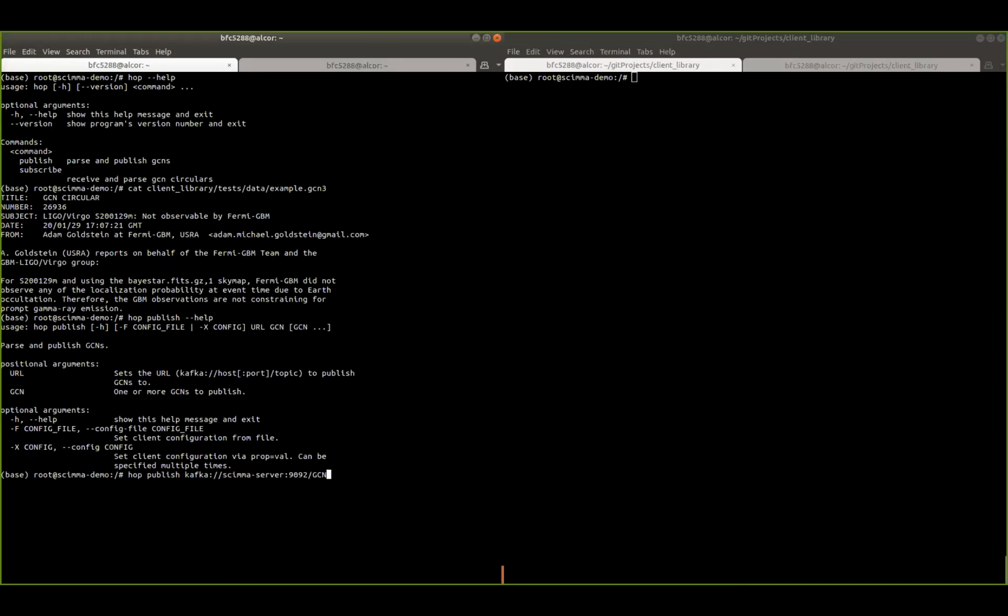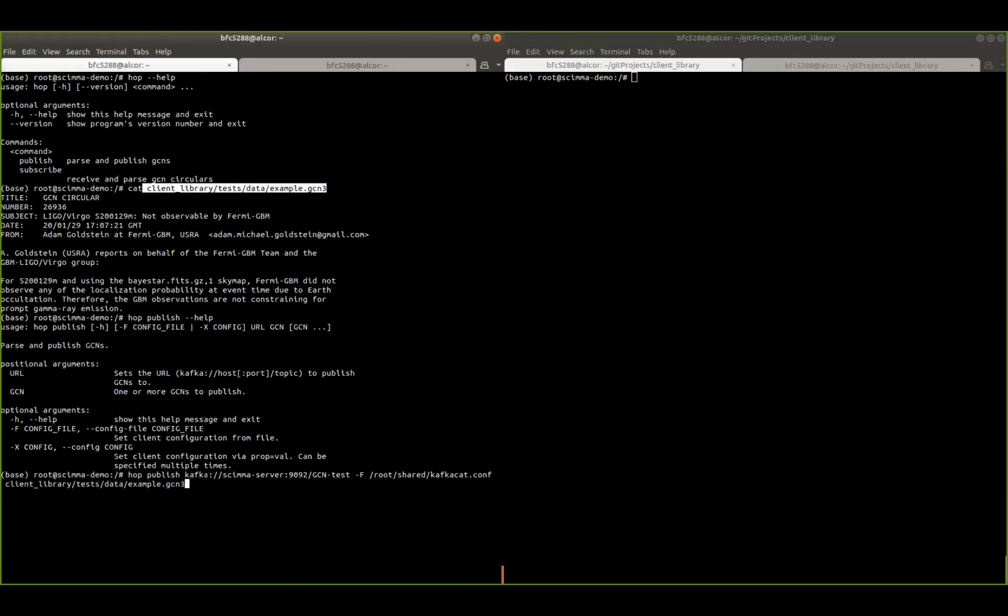And for this, we're going to create a topic, which is what organizes the passing of messages in Kafka. We're calling that gcn-test. We can connect to that topic securely using an SSL configuration. And now finally, we just want to pass the message here.